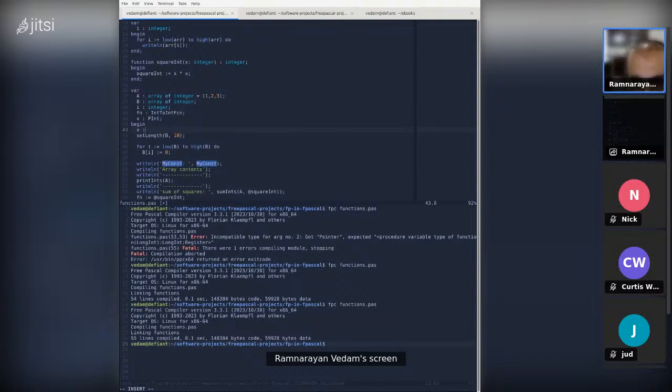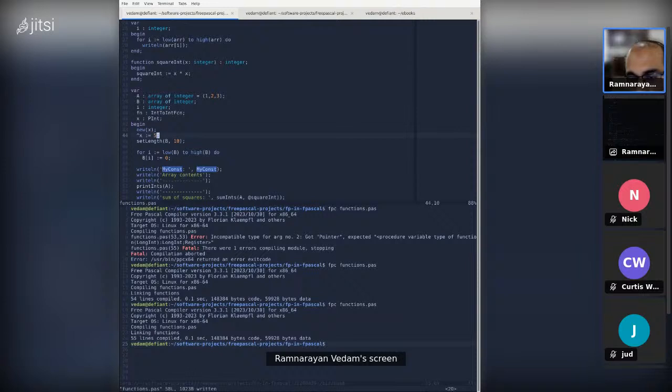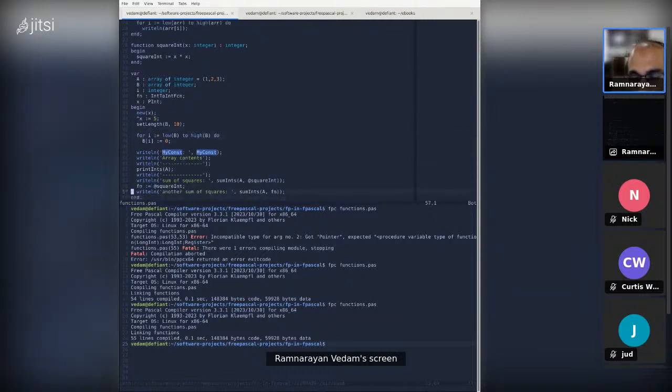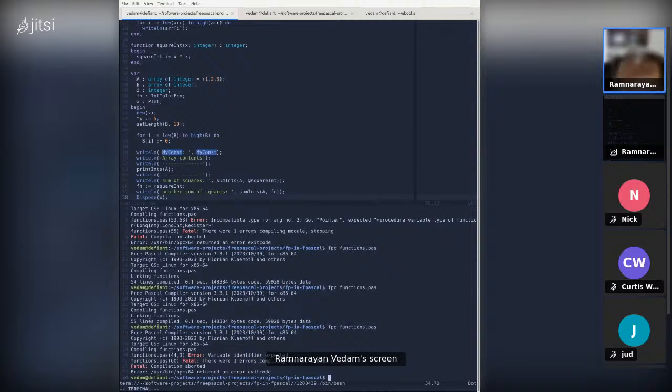If I remember correctly, hopefully I don't mess this up, new x to allocate, then x with the caret to dereference, and then obviously you need to dispose x to delete. And this will all work. Variable identifier, line 44.